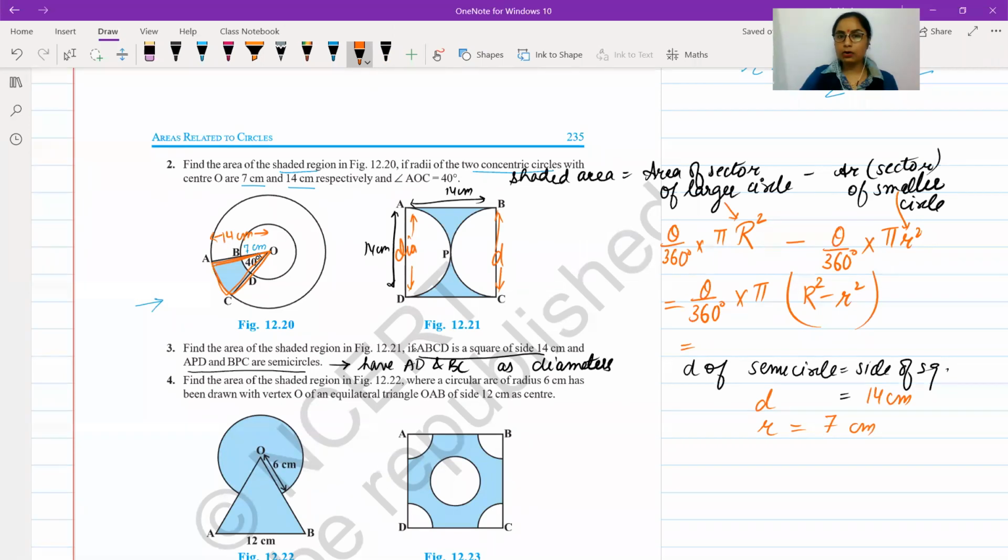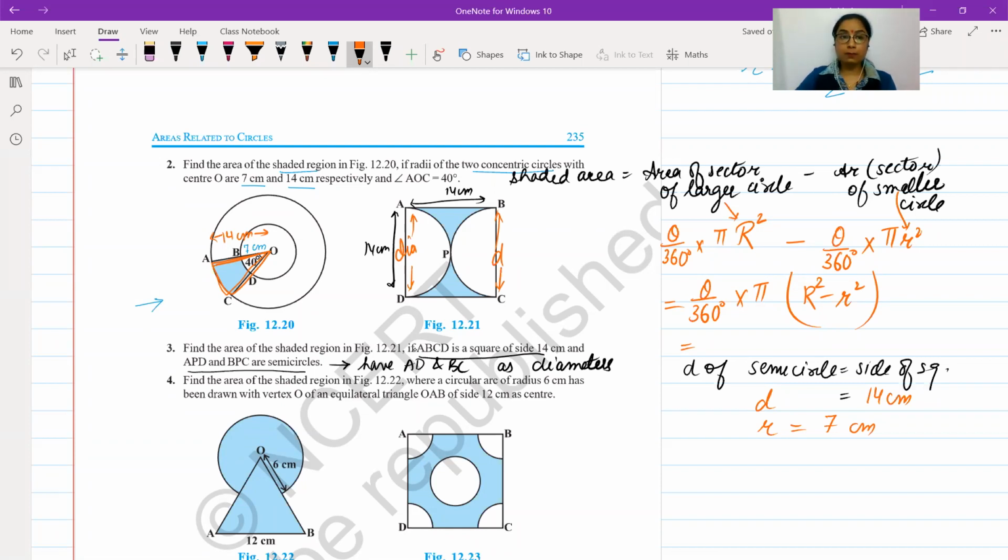To find the area of this shaded portion, from the total area of the square, if I take away the area of these two semicircles, I will be left with this shaded part. Is that correct? Yes, ma'am. This is what we will be doing. Area of the square minus the area of the two semicircles. Since the two semicircles are of the same size, the area of two semicircles together will be equal to the area of one whole circle. You can use this concept here.